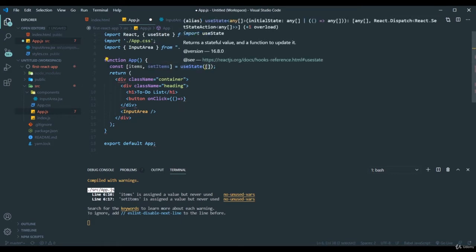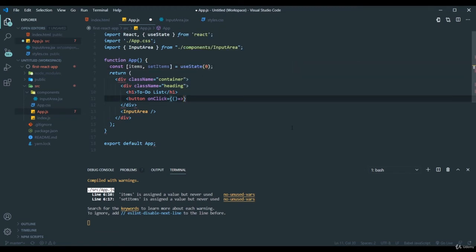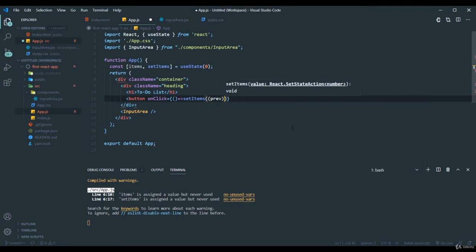And before that I'll just change it to a number, because you can understand it clearly. And here I'll use setItems, the function, and this function will take another function which has an argument. That argument has the previous items of that particular state. So right now the previous will have 0, because right now the useState has only the 0, right? And here it's another function, and here I can write another arrow function, and here I can just return